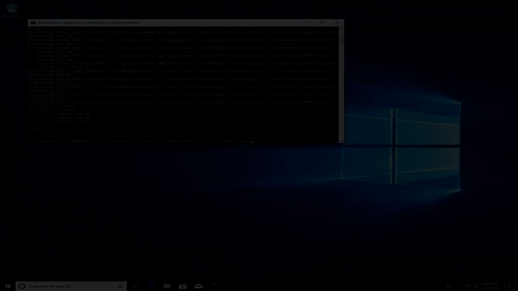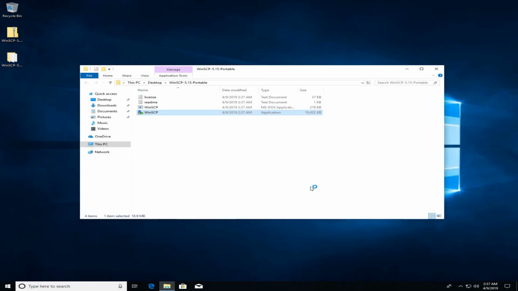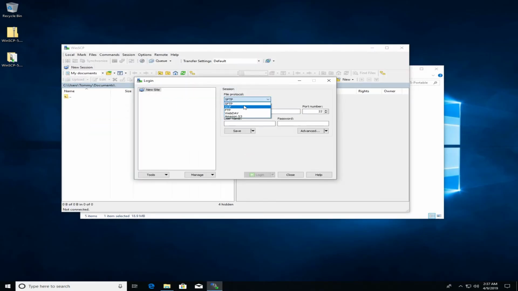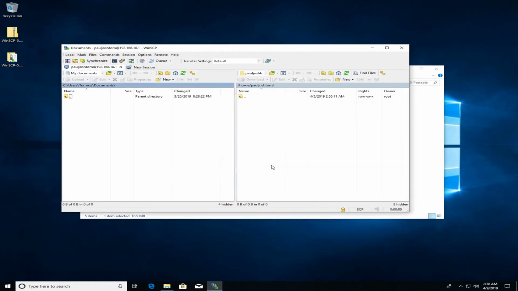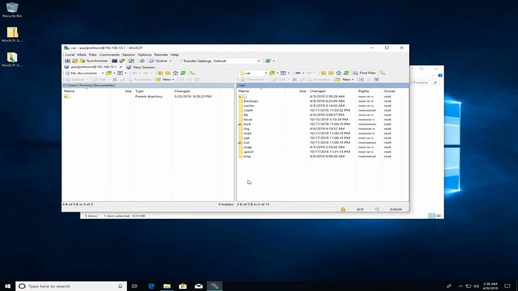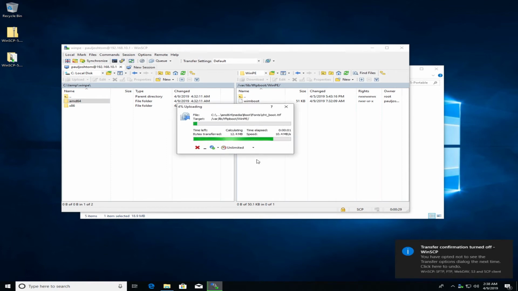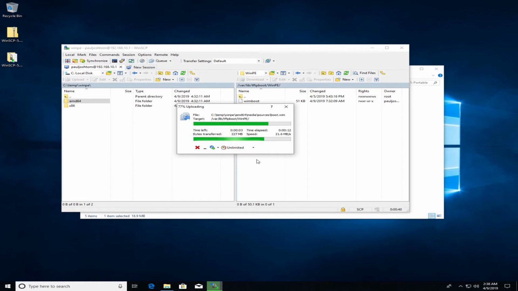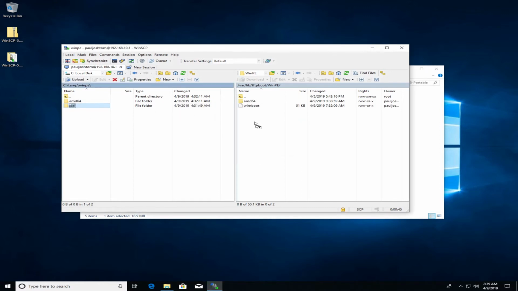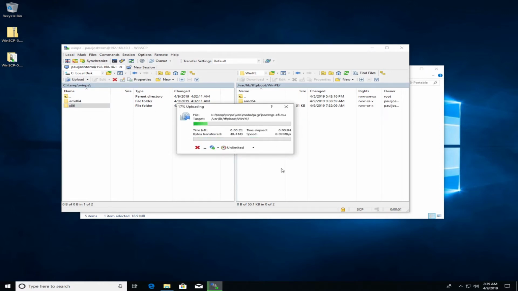To transfer the files we just generated to our Ubuntu server, use any FTP or SCP software you like. We will use WinSCP to connect to the Ubuntu server at 192.168.10.2 using SCP port 22, which is secure FTP, and our Ubuntu server user login credentials. Simply drag and drop our x86 and AMD64 WinPE folders from the Windows 10 PC into the WinPE subdirectory in